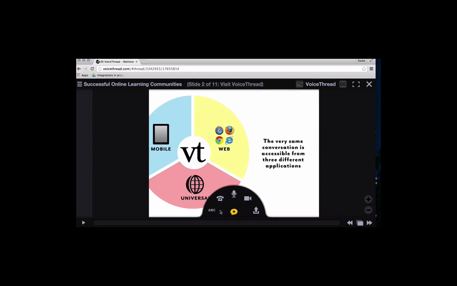You also have 2 alternatives on here, and both of them are audio comments. The telephone option allows you to record using your telephone, so that's a good alternative if you don't have access to a microphone. And then way over here on the right, you have the option to upload a pre-recorded file. That could be an audio file or a video file. So if you have something else already recorded that you want to use as your comment, you just upload it right there. In my case, I'm going to pick the microphone option,